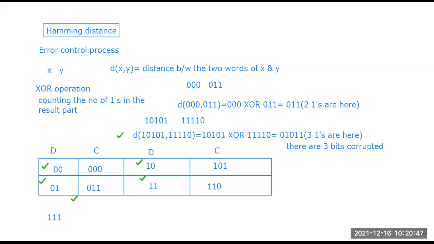So the next part, one more thing that helps us here, is the process known as parity check code. What happens in parity check code?